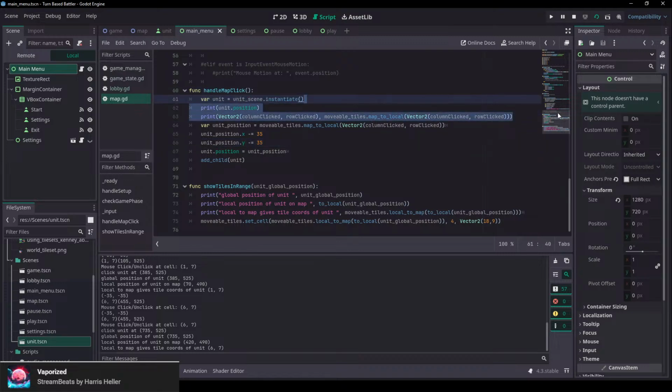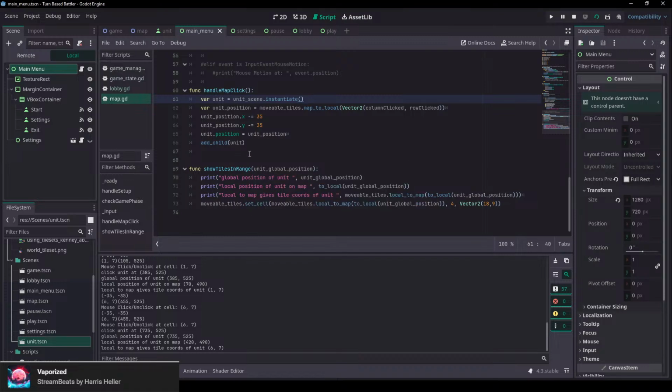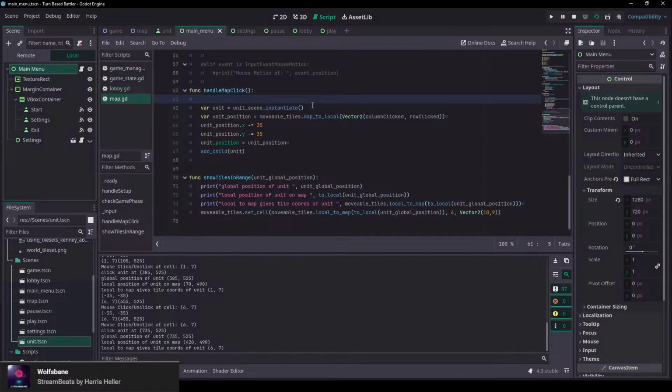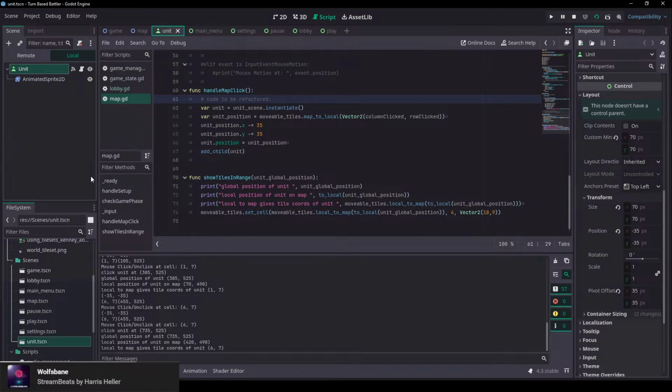I mean, it does work for the moment. So let's leave it with that, but know that this is to revisit. Revisit. Code to be refactored. Because this is a horrible way of doing it, but just to get something working, we're going to leave it as is. So what we also need to do is go into our unit